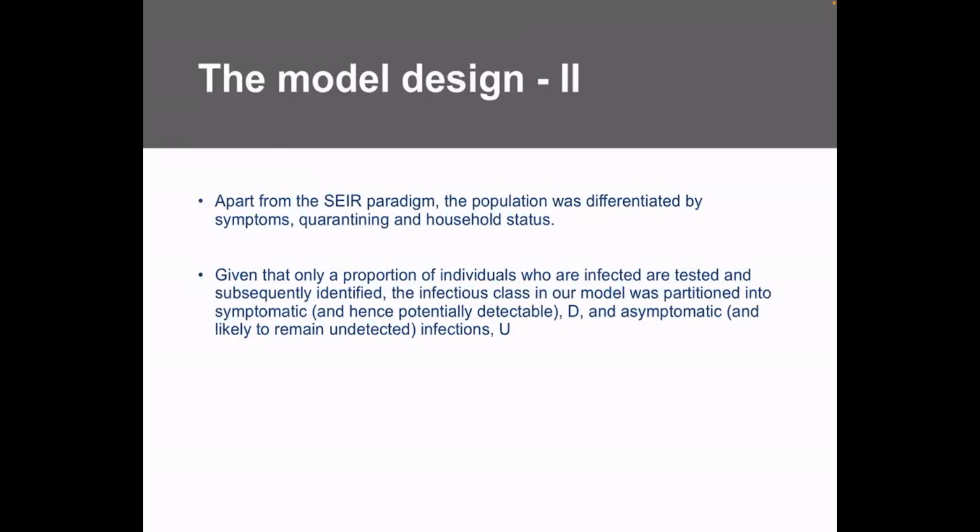So some of them were symptomatic. That means the symptoms were there. And so we named them as detected. So you're getting infected, but you're getting detected from the test. And some of them were asymptomatic. So means you have it, but you're not getting detected. So the infectious state, we had to divide it into two parts. So one was potentially detectable, and the other one was more likely to remain undetected infection.